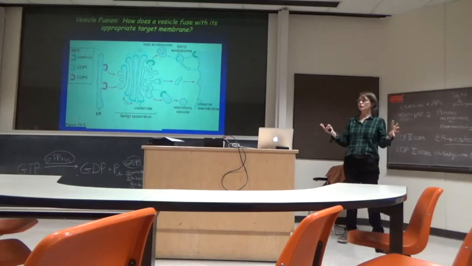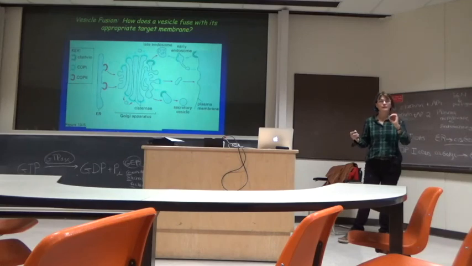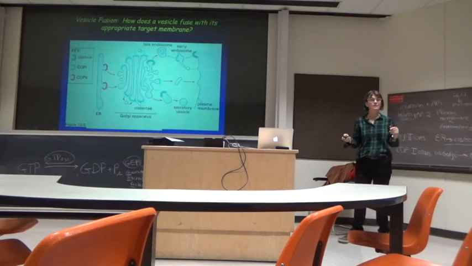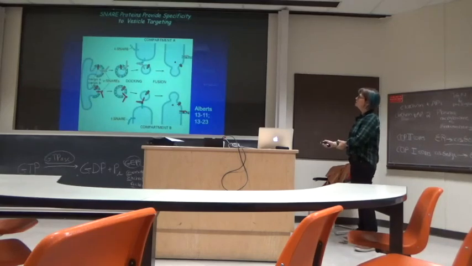You know that the story can't be found in the coat proteins or in these small G's because those have dissociated away from the vesicle. So what's left? What could be controlling the fusion of the vesicle with the next compartment? And that's what we're going to look at now. And that story is told